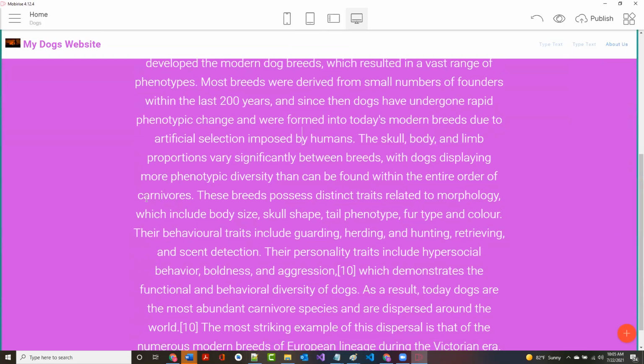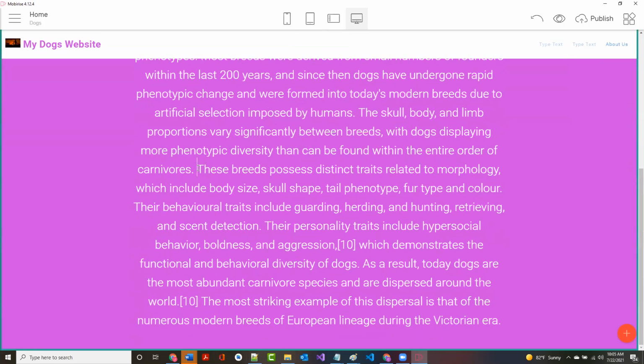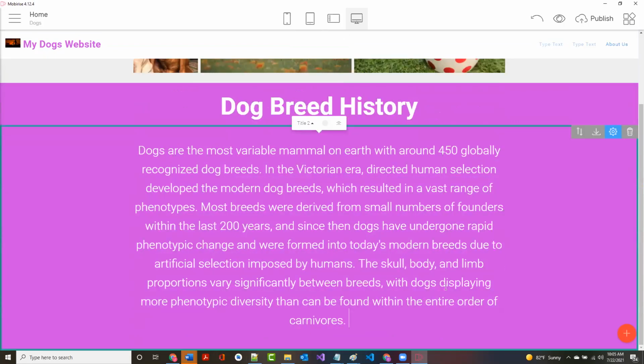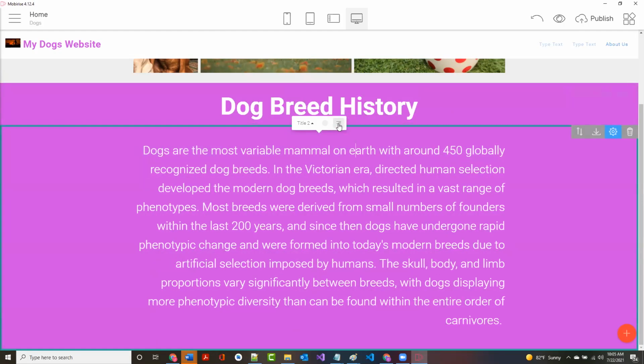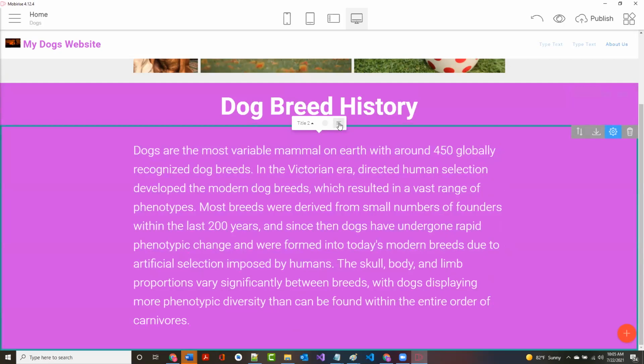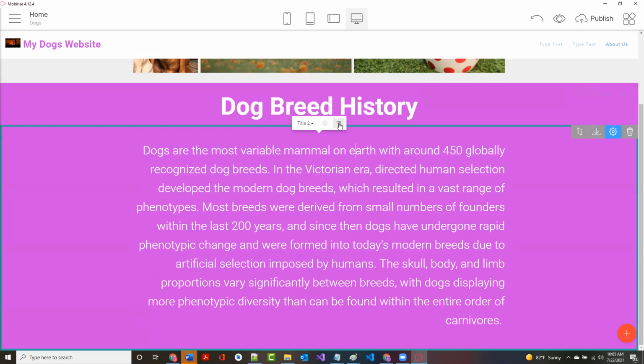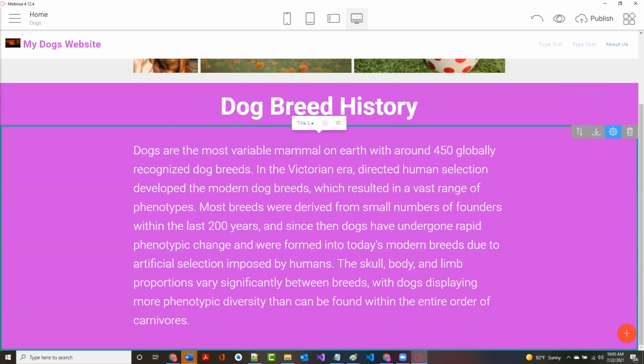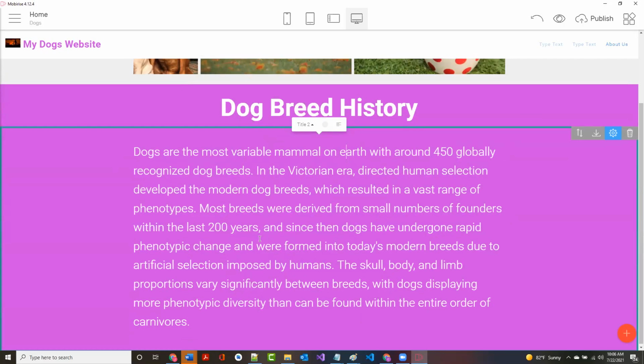All right. There's too much text here, so I'm going to remove some of it. So I'm just going to highlight it, hit delete, and it's gone. Right now, this text that's in here is center justified. If I want to, I can click on any part in here. So I can click on it, and there's a thing over here for alignment. So I can make it right aligned, left aligned, or center aligned. And again, you just pick the one that you like the most. I'll leave it left aligned just for something different.